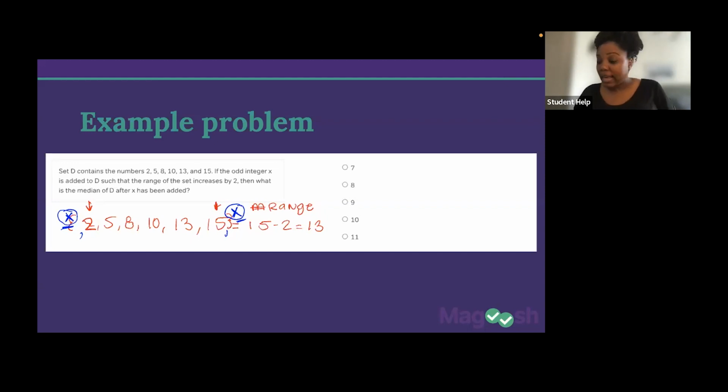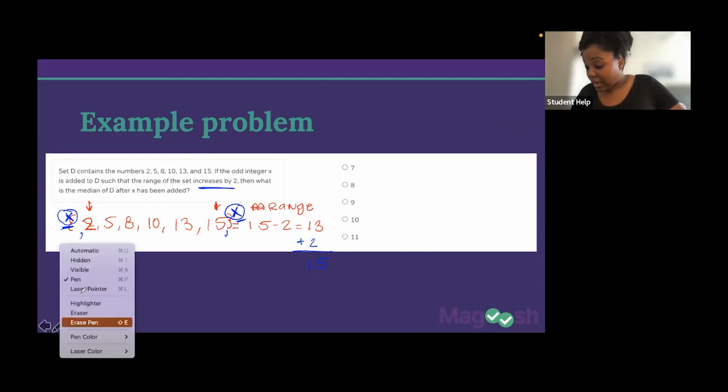But remember, it causes the range of the set to increase by 2, right? So that means our new range must be 15, right? So that's what we're looking for, a range of 15. And the only way that we can get a range of 15 if X is going to be on the,